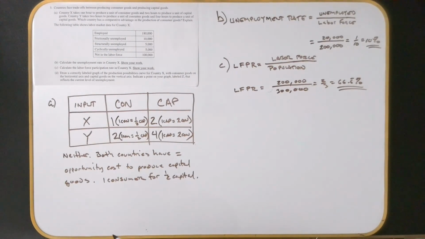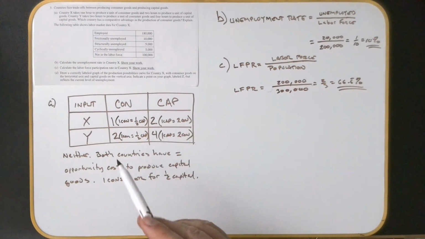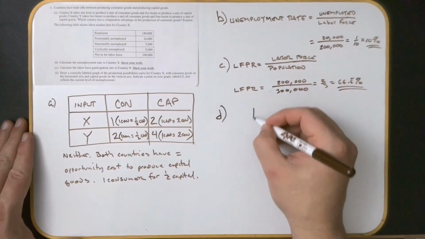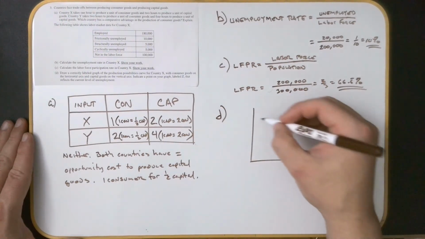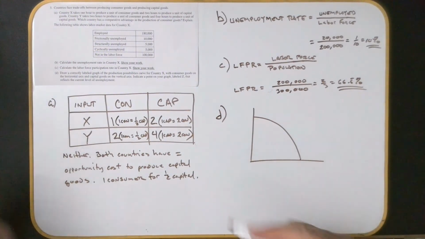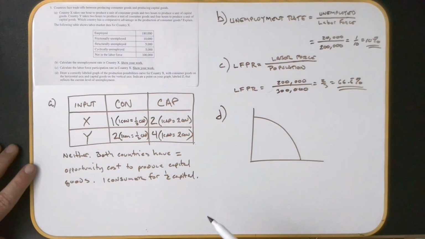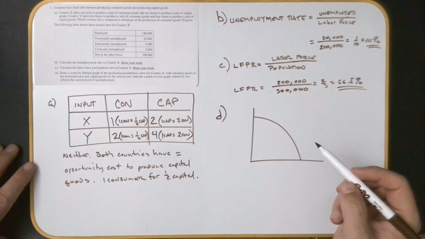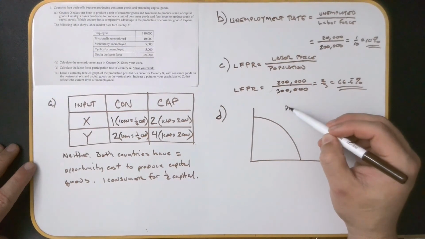Okay. Then part D says, draw a correctly labeled graph of the production possibilities curve for country X with consumer goods on the horizontal, capital on the vertical. Indicate a point on your graph labeled Z that reflects the current level of unemployment. Okay, so we have D here. So you can say, okay, I have to draw a PPF. You can do a straight one. It doesn't really matter. It doesn't tell you what kind of opportunity cost, whether it's increasing or constant, so that doesn't really matter. But it says, so this is for country X, and so this is our production possibilities curve